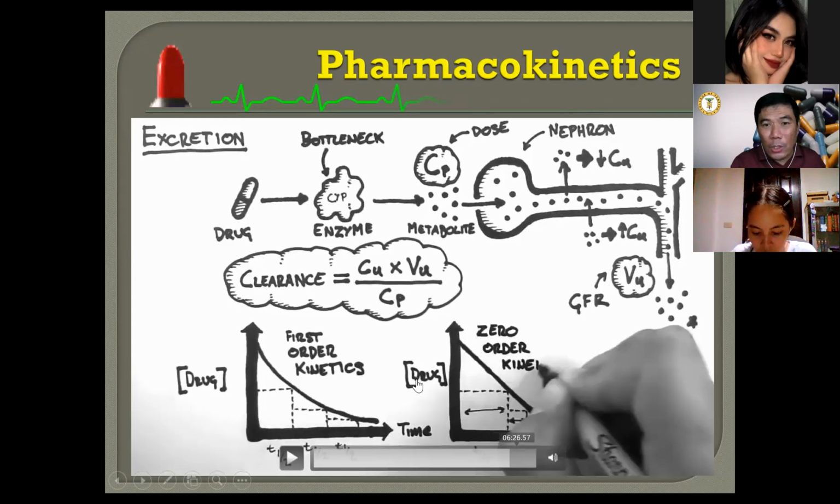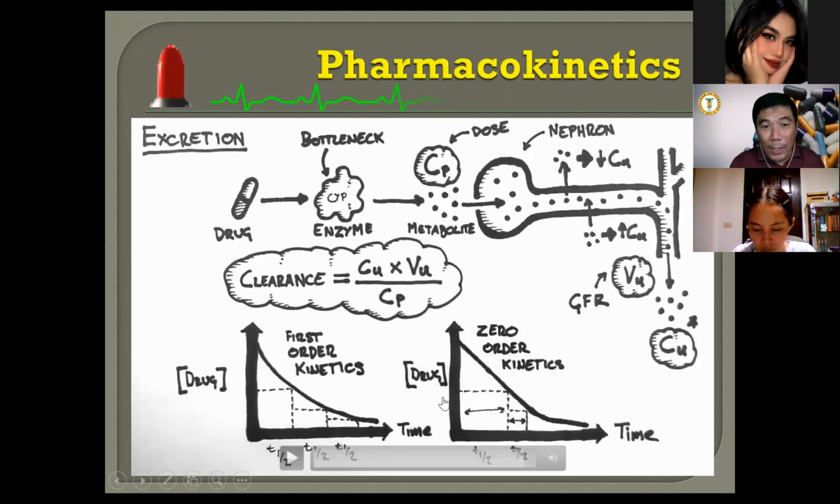So in this situation, if you will notice, it may have the same effect pero somehow yung consideration kasi natin, we will not concentrate on this loop kasi masyado ng higher level. Pero one thing lang that we need to understand in this video presentation is after the hepatobiliary, the drug itself goes to the nephron, goes to the urine, we have the glomerular filtration rate. The glomerular filtration rate is the one that stimulates the diuresis and may cause the excretion of the drug. Yun lang naman yung important dyan.